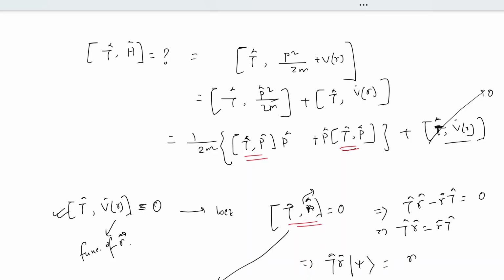Now the momentum operator gives you the momentum. Now time reversal changes the momentum to minus p,